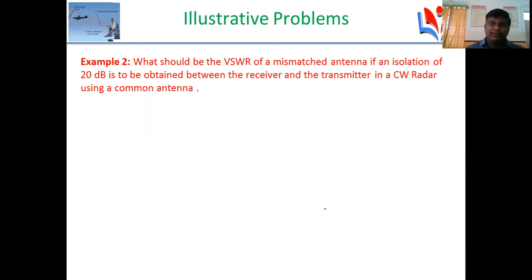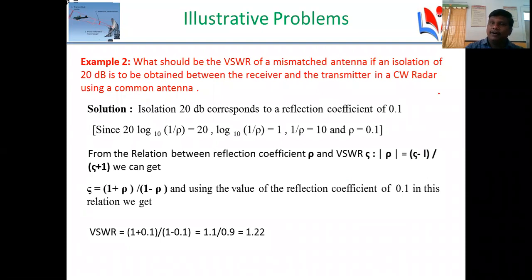What is meant by VSWR? Voltage standing wave ratio. It is a measurement of standing waves. So what is a standing wave? Standing waves are the waves formed in the waveguide whenever proper termination is not provided. If you have a waveguide which is not properly terminated, meaning not with a matched termination.